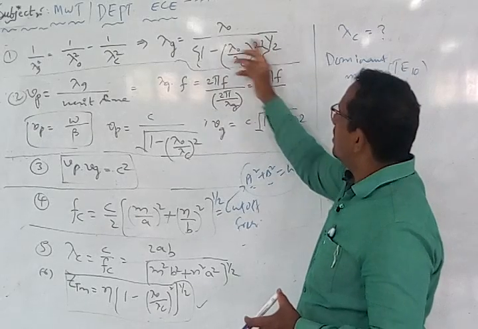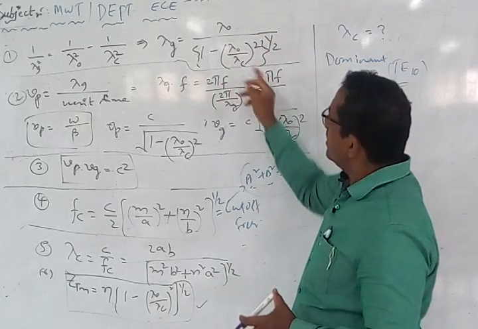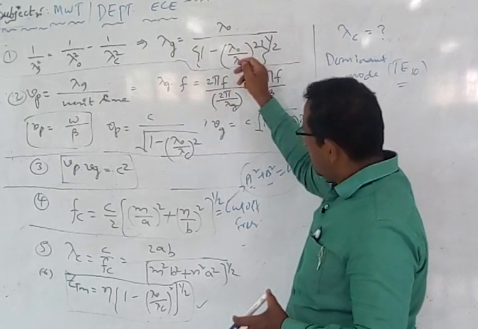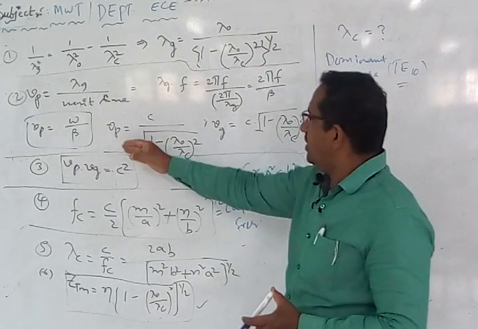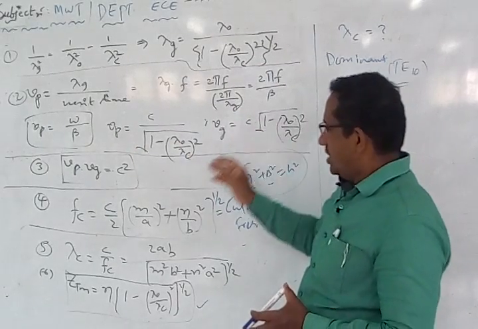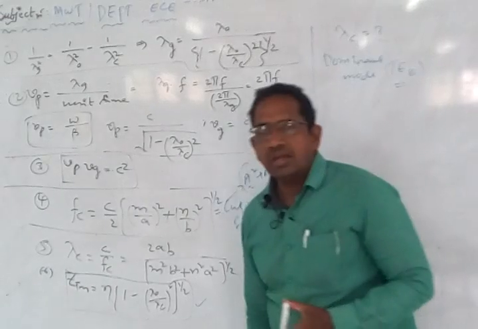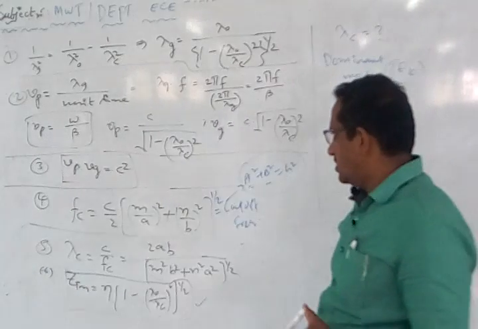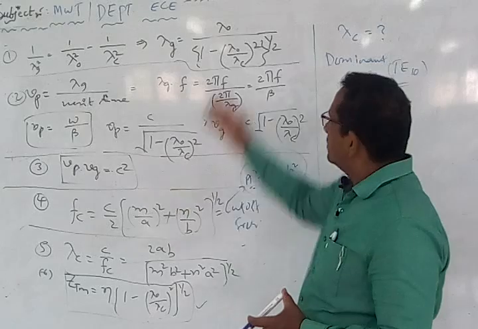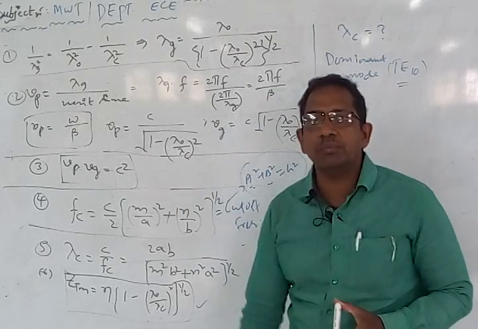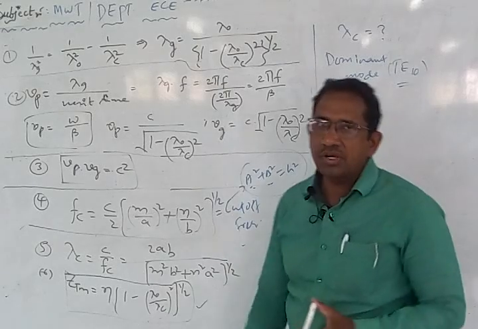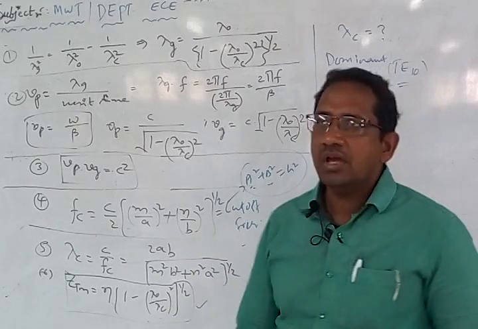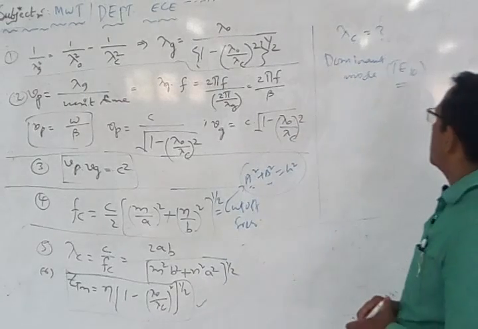That means whatever you have in the denominator part of lambda g, the same thing we will be getting in many of the formulas. The same thing we are going to get in Vp, the same thing in Vg, right? The same thing you are going to get in the characteristic impedance basic equation. So these things are going to come repeatedly. If you really know these formulas and practice them, we can do well in the exam whenever a question is asked on these formulas.